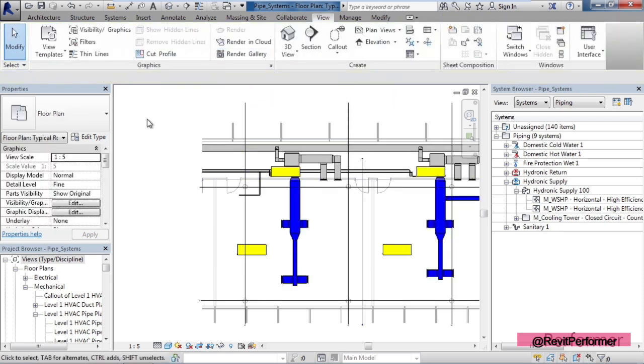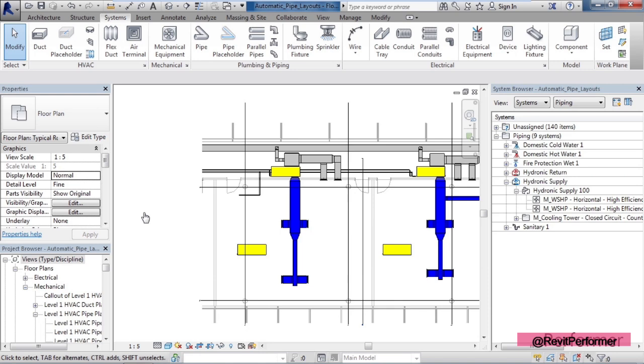So as a review, in this lesson, what we looked at is how to create piping systems. We talked about the importance of a piping system as it's the glue that holds everything together within that system. We talked about creating first a component or mechanical element, at least one or a few, that we can use to add to that piping system. Once those are added to the system, we can add additional ones by editing the system. And we also looked at the system in the System Browser.